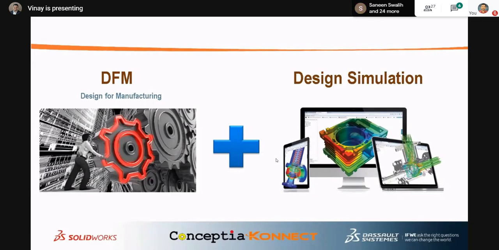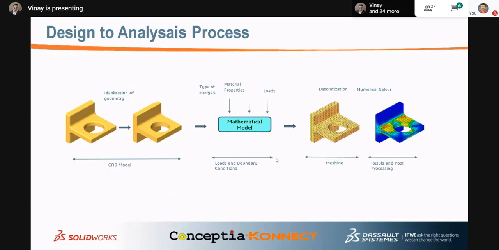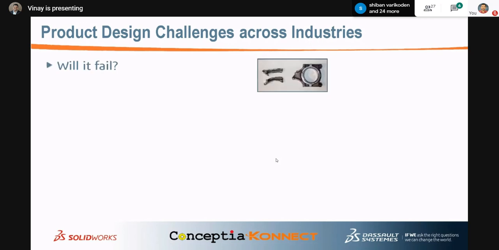This is another phase where after designing, you check whether my design is working or not, whether it can be manufactured or not, how much load I can apply to this. That is called the design analysis process. You people know the analysis process. I don't want to teach this, but I want to tell you what the challenges across the industry are. You have to prepare yourself for these challenges.